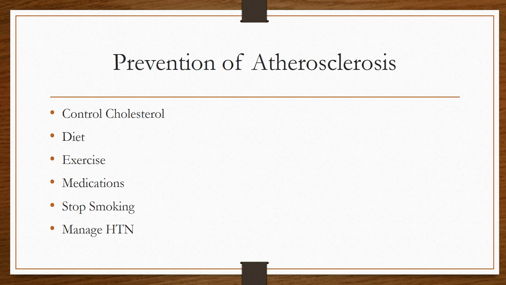Prevention of atherosclerosis is to control your cholesterol, because obviously if you lower your cholesterol, you have a better chance of not getting atherosclerosis. Diet and exercise are probably the two other biggest things. If you control what you eat and eat healthy, you're going to automatically lower your cholesterol, and also keep things flowing and your blood nice and clean. Exercise, again, you're also going to keep things flowing nice and well. Medications will also prevent atherosclerosis. Again, stop smoking and manage your hypertension,